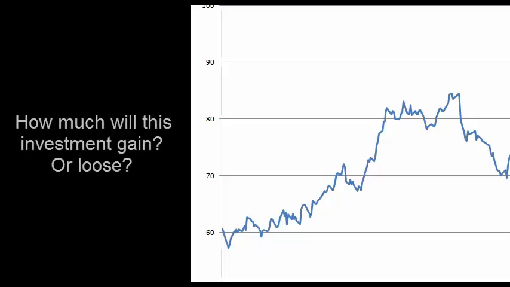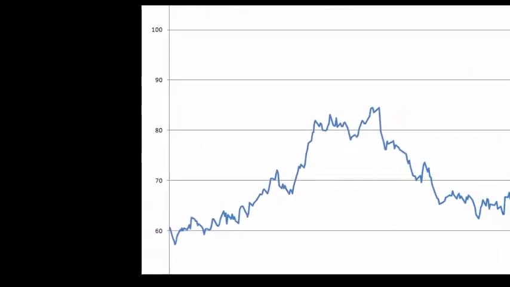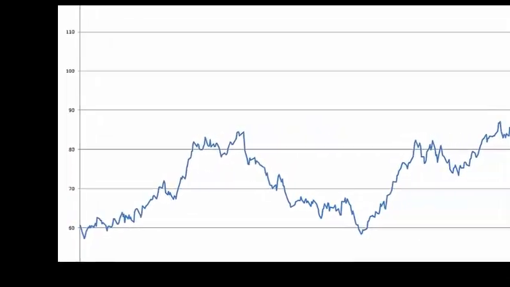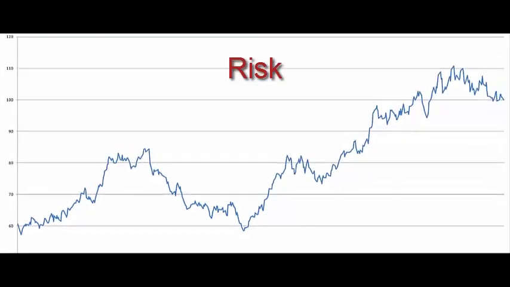The investment world is often obsessed with the question of how much money will this investment gain or how much will it lose? It can be very challenging or impossible to answer this question deterministically. It is uncertain. This uncertainty is commonly known as risk. Decisions still need to be made, and to help make informed decisions, the world of finance seeks to quantify this